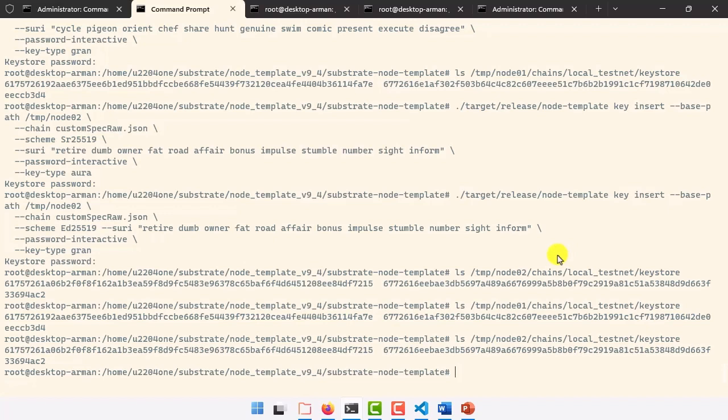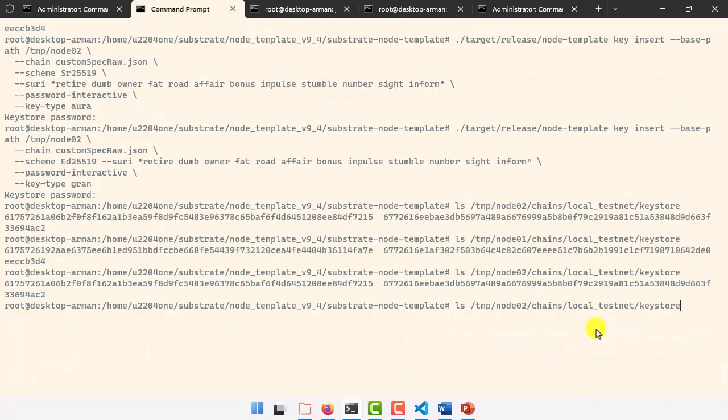For running nodes, you'd better have enough hardware resources, and it really occupies CPUs, memory, and network. So I decided to rent a cloud service to provide this video for you, and I configured my local test network. When I put in this line, you can see I have some saved keystores, for example for node 1 or node 2.